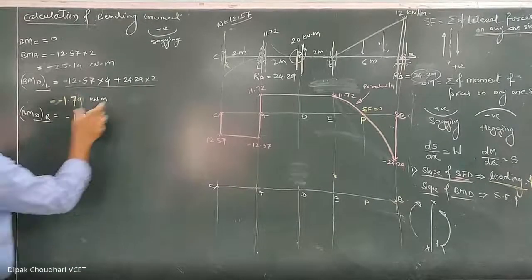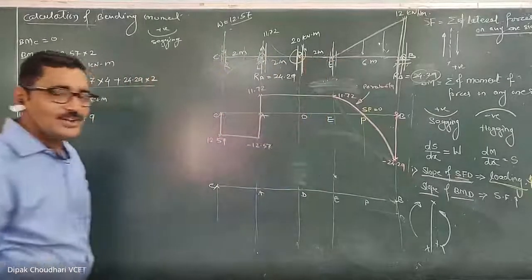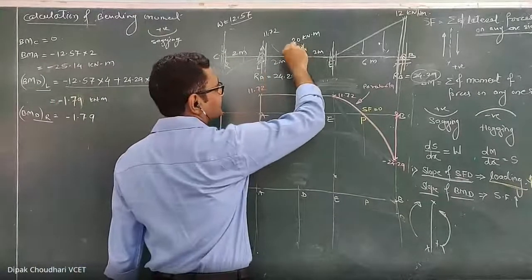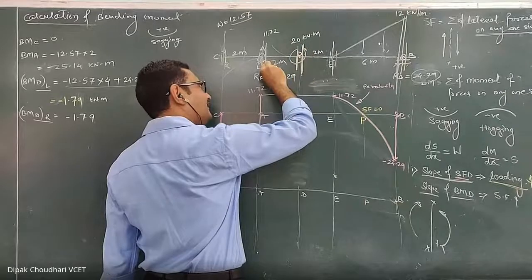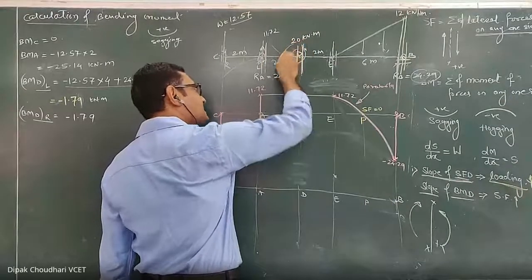Here, this value is nothing but the summation of the moment of these two forces at this section. On right and left, it remains the same because these two sections are very close to each other. Now, only I have to add this moment. Okay, now this moment is on left hand side. On left hand side, this moment is anti-clockwise. So such type of moment is there.